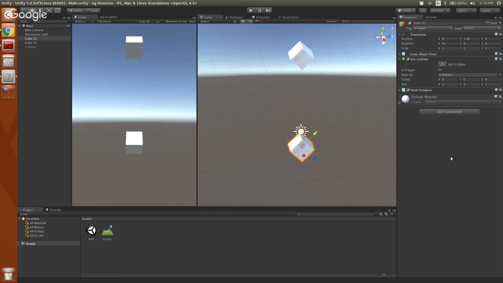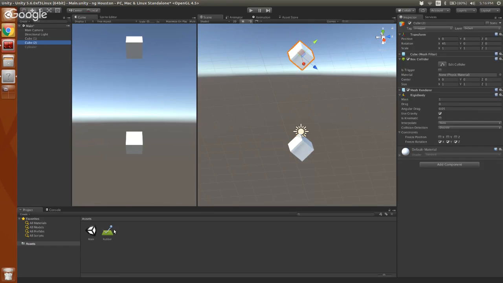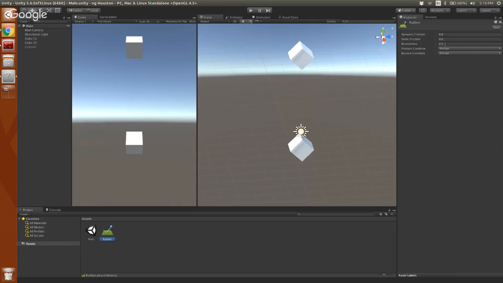Do you have the option of setting it above 1 if you just want to mess with the world? Setting it above 1, if you want it to bounce higher and higher each time. That's a good question. We may be able to set it to a value above 1, which, okay, it doesn't let me here, but we could do that. And the trick to that would be applying a force to it.